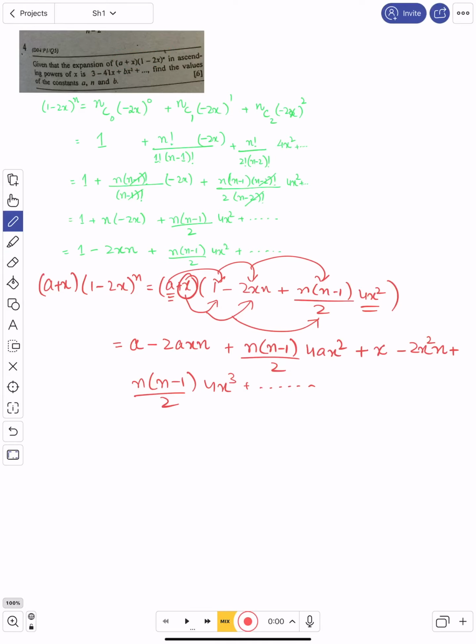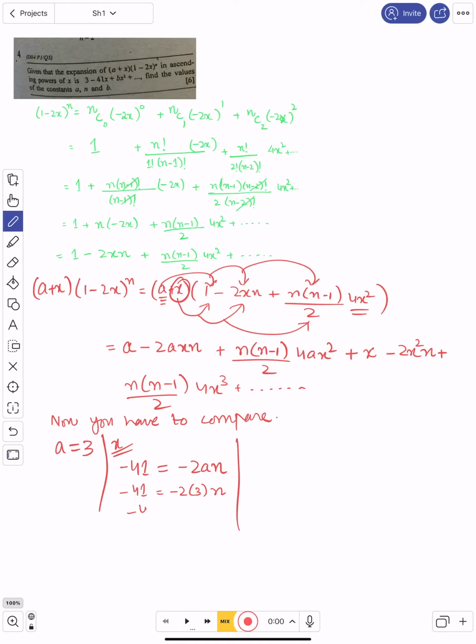Now next, the coefficient of x. Their coefficient of x is minus 41 and our coefficient of x is minus 2an. So this is going to give us minus 41 equals minus 2 times 3 and n. It's going to give us